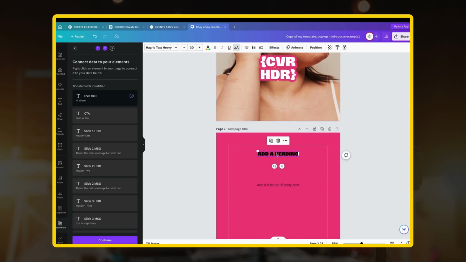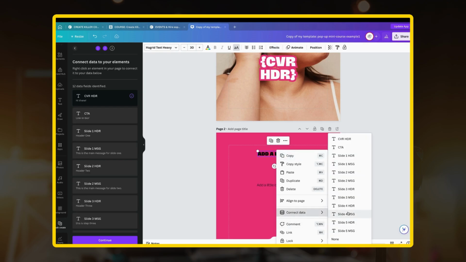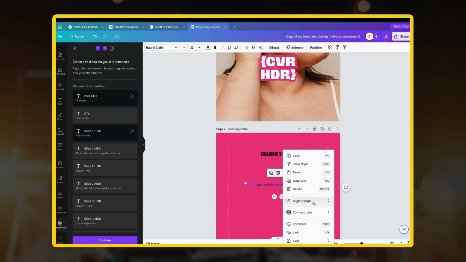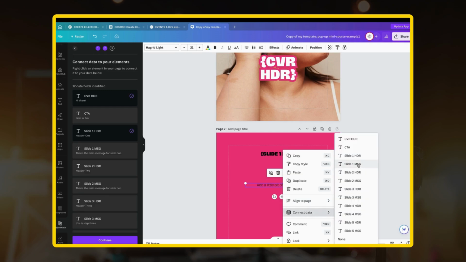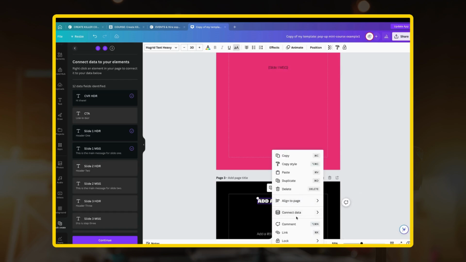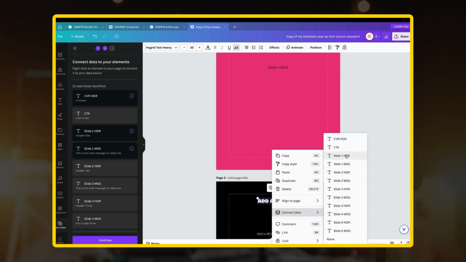So I'm going to the second one, right click, connect data, and this is my first slide of information. So I'm going to slide 1 header, and then I'm going to right click, connect data, slide 1 message. And I'm going to go through each of these, and thank goodness there are only 5 of them. That's why I did 5. By the way,